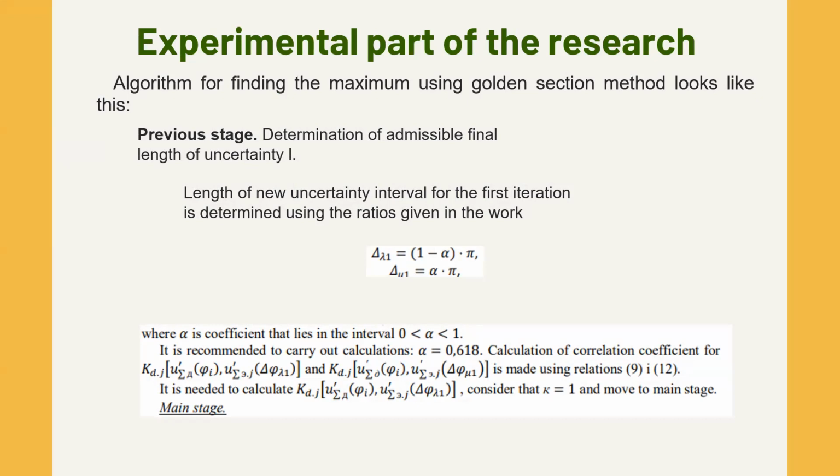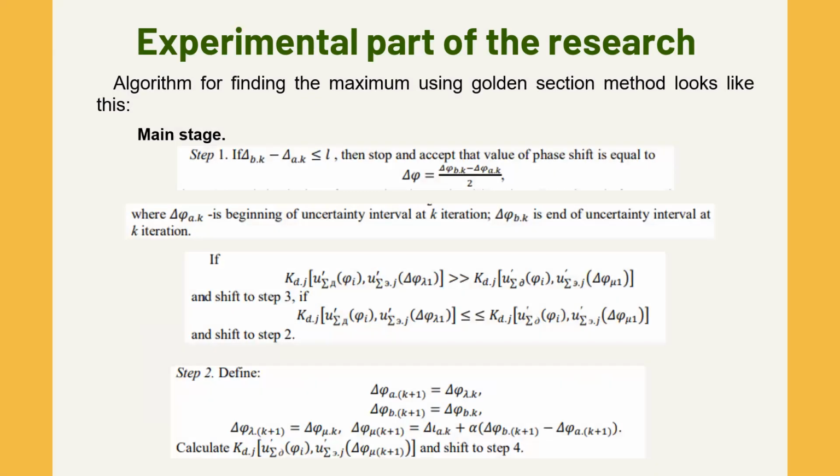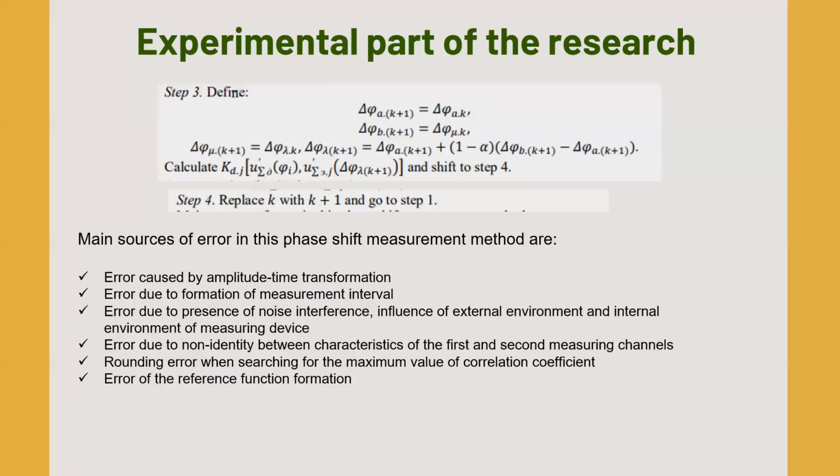Determination of phase shift coincidence, which is measured and formed by the reference function, can be carried out on the basis of the criterion of reaching the correlation coefficient maximum. So the apparatus for conducting a factorial experiment is considered as the basis for the proposed methods of implementing phase shift measurement of two harmonic signals. And to ensure the required accuracy of phase shift measurement, it may be necessary to perform auxiliary operations,